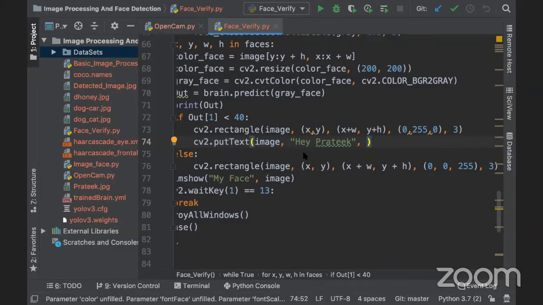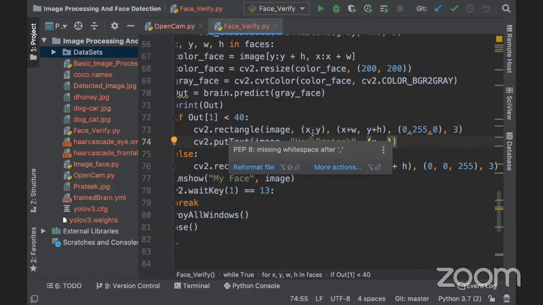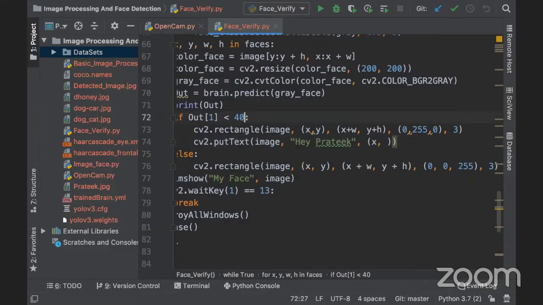Okay. After that, you have to pass the location, your x coordinate and y coordinate. Suppose my x coordinate will be 250. I mean, what we can do actually, I want to find my x coordinate and y coordinate. So x coordinate will be the same as my box because I want to print this hey Pratik on top of my box. So when my face moves, hey Pratik will move. It's really amazing, an interesting concept. So I'm going to pass the coordinate where I want to write. Starting will be x, and y coordinate will be